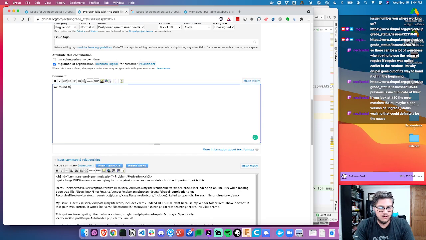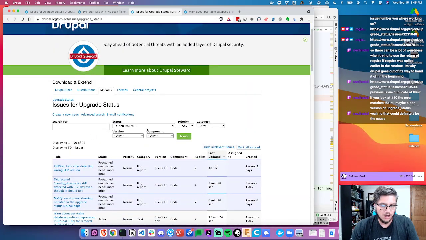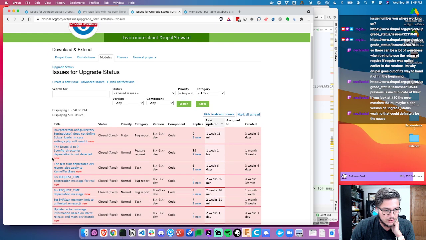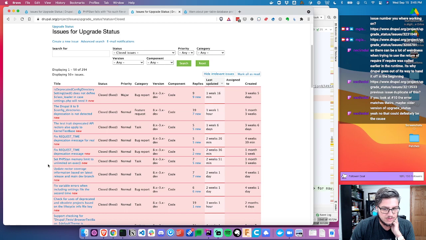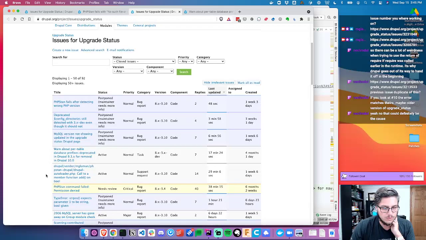We found this problem with a few users who had their root composer.json name set wrong. Closed. Deprecated 1 week ago. It's not detected 2 weeks ago. Oh man,